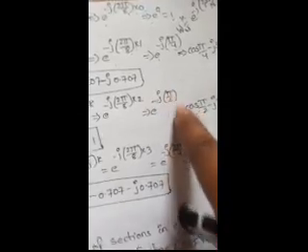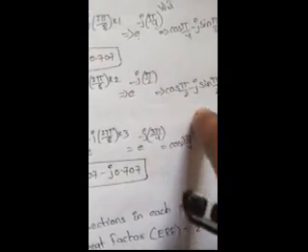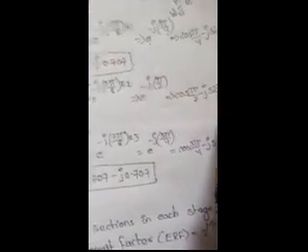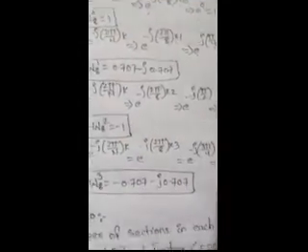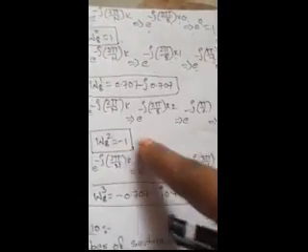Next we are coming to W8 of 2. We are going to find e power minus j 2 pi by 8 into 2. So here we have e power minus j pi by 2. We write it as cos pi by 2 minus j sin pi by 2. Here cos pi by 2 value is 0 and sin pi by 2 value is 1. Then we got minus j.